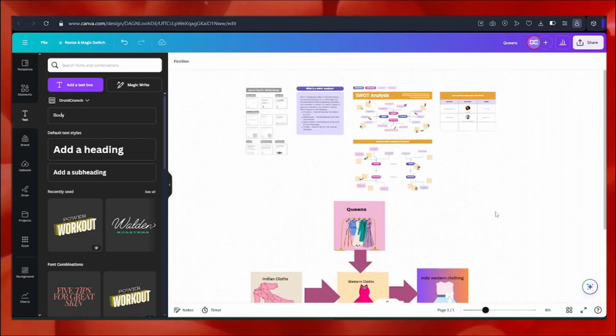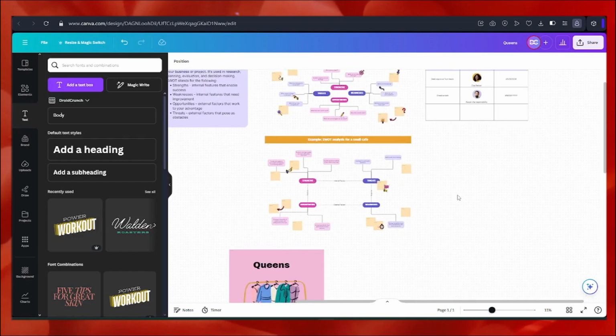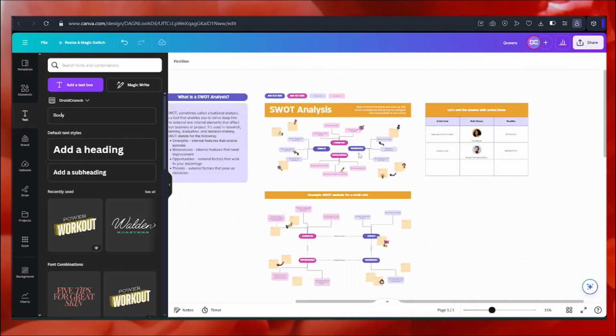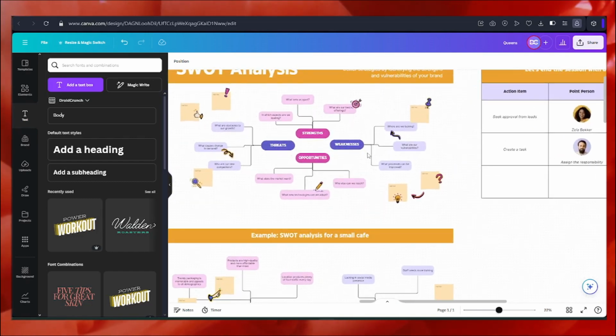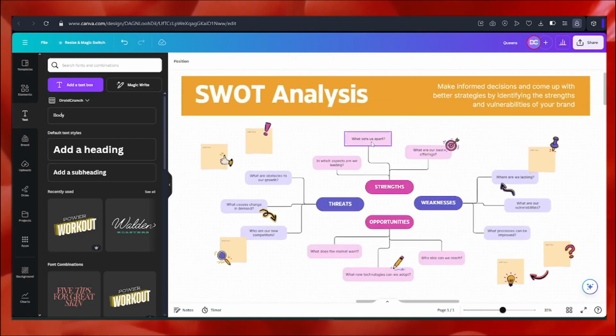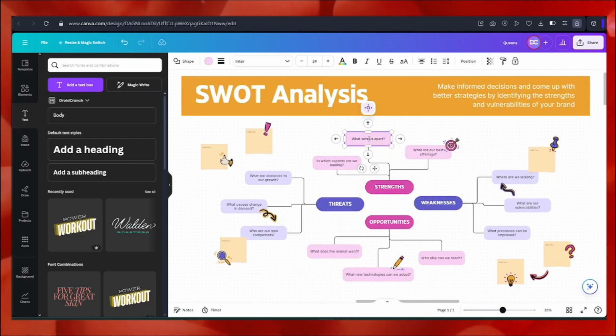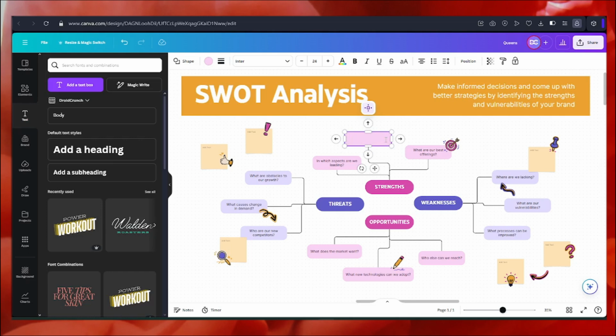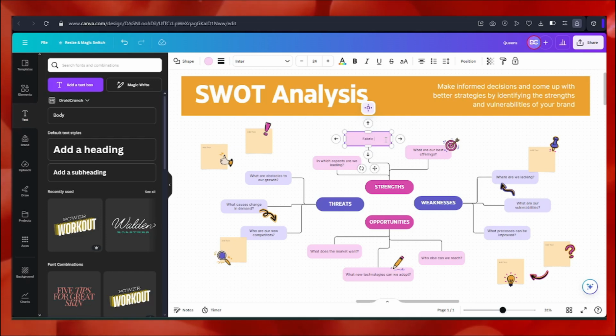But let me tell you, if you want this format of flowchart that already exists in the templates option, you can write from here the strengths of your company. For example, I can write that the fabrics in my company are all of good quality, and they are approved by skilled professionals.